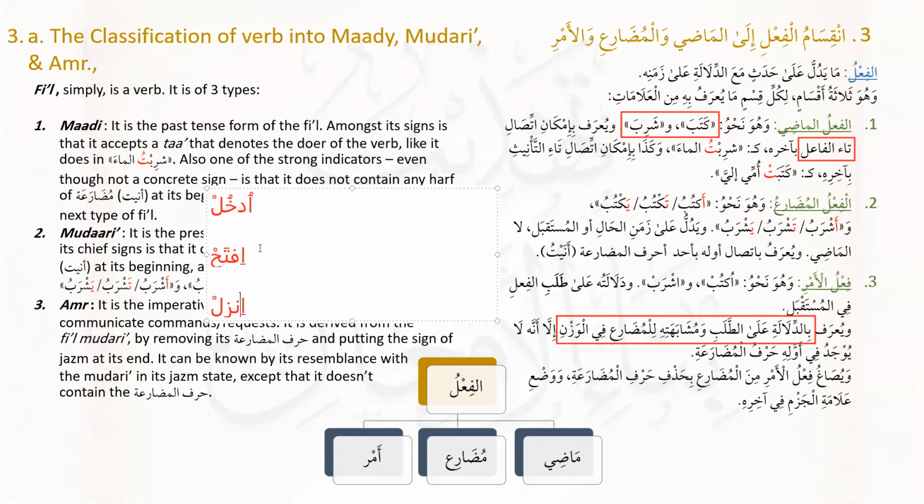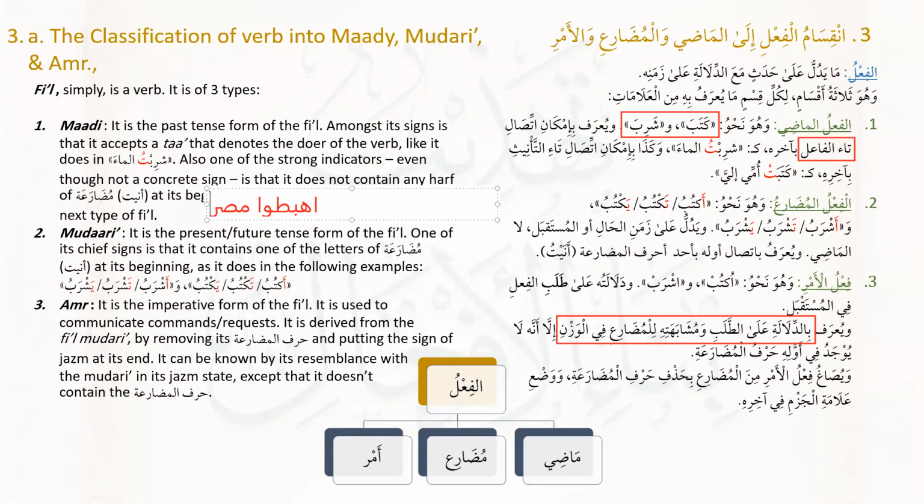طيب. So for example, in the Quran we have something that is written like this. I'm not reading it because I don't want to tell what haraka does it have. The ba has a kasra, by the way, because I think it's not visible right now. طيب, so how are we going to read these two words? For غير حفاظ, يعني those who haven't memorized the Quran. Hi, يا إخوان. How are we supposed to read this word here? With a kasra. أحسنتم. اهبطوا مصرا. Not with a أهبطوا. طيب, اهبطوا مصرا.